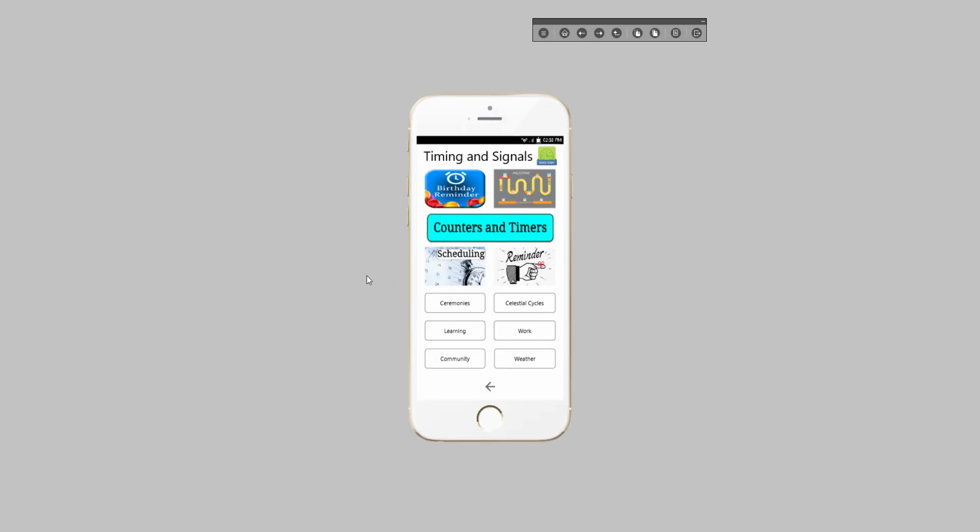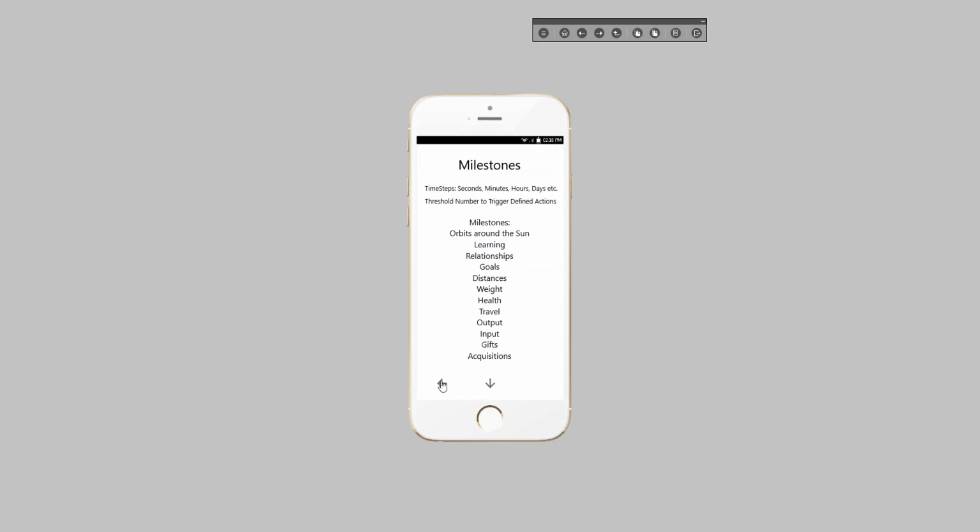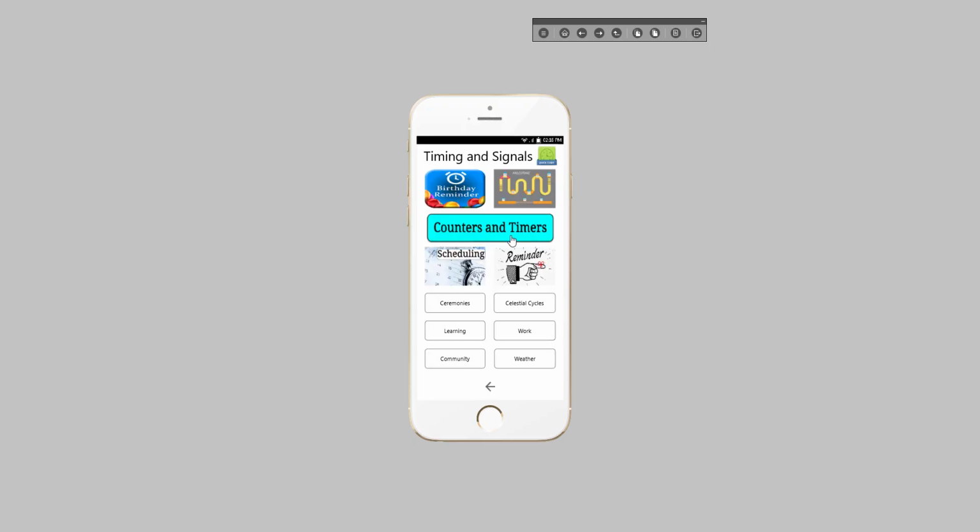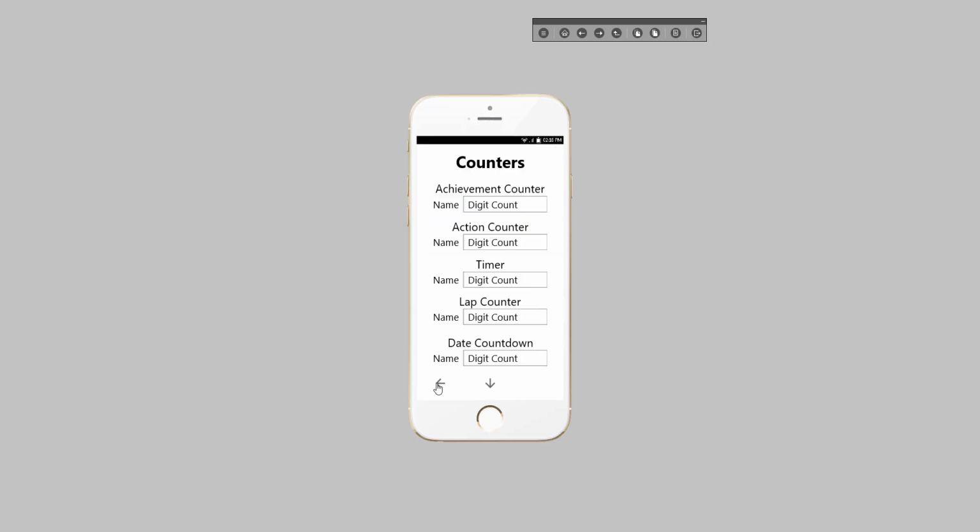We go into timing and signals. So there's a whole lot of different ways that we measure time and remind ourselves of things to do, and this is about how to set those for any individual, no matter how unique they are, like milestones, birthday reminders, counters and timers.